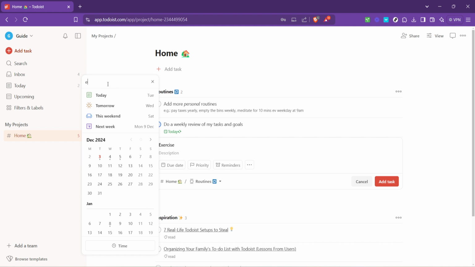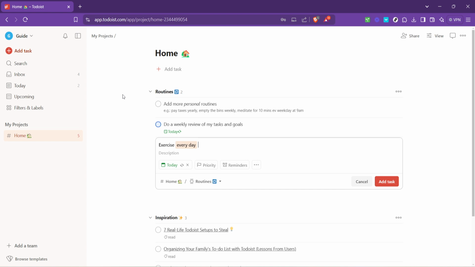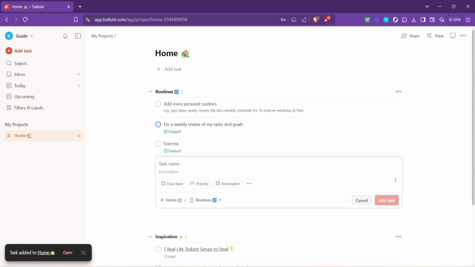After selecting "every day," you'll want to ensure this task continues for as long as you need it to, so click on Forever. This ensures your daily task repeats indefinitely, helping you maintain this habit or routine as part of your life without needing to manually update it. Finally, after setting your task to repeat daily and indefinitely, click on Add Task once again. This action seals the deal, embedding your new routine into your day-to-day life accessible through Todoist. It's a moment of commitment to your productivity and self-improvement.